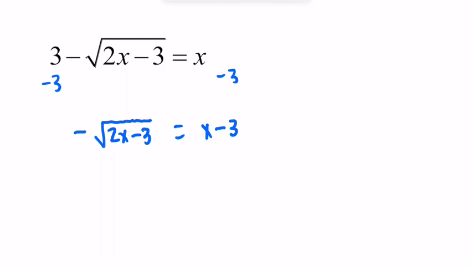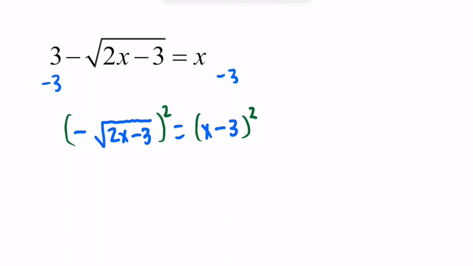One shortcut that helps you save time on some problems is to remember that squaring gets rid of square roots. Squaring also gets rid of negative signs. So if you have a negative sign in front of a square root, you can get rid of it by dividing by negative 1 on both sides, or you can just go ahead and put parentheses around both sides and